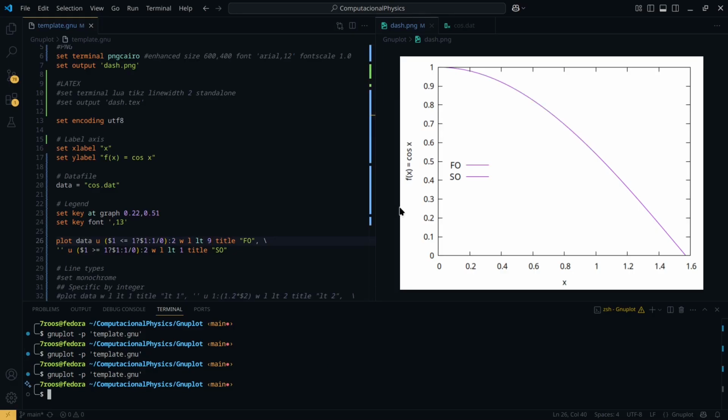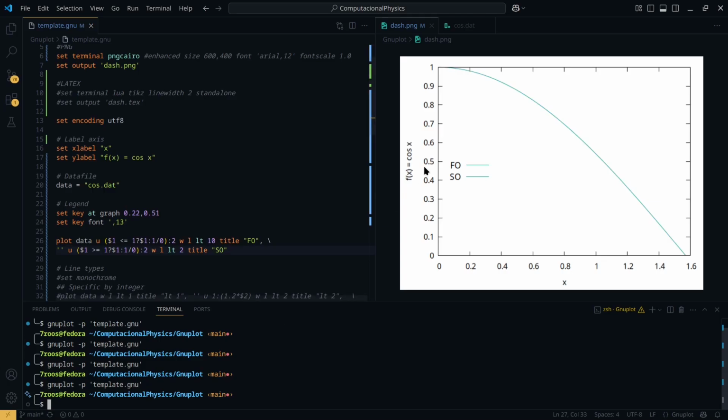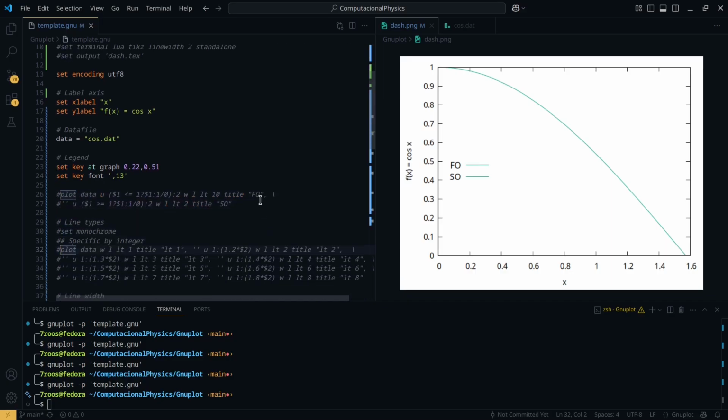Let's see. Strangely, we now only see a single line. That is, the two connected curves have the same color. What has happened here is that the Gnuplot is applying a kind of cyclic boundary condition. If the user chooses LT9, the Gnuplot returns LT1, and if it is LT10, it points to LT2, and so on. We can see in this example all 8 colors of predefined lines generated by the command on lines 32